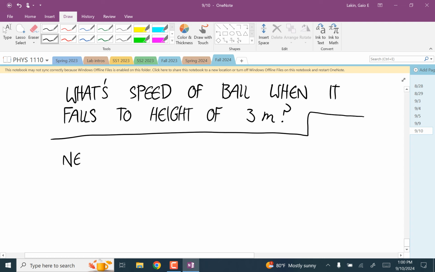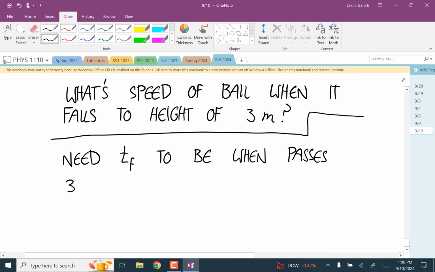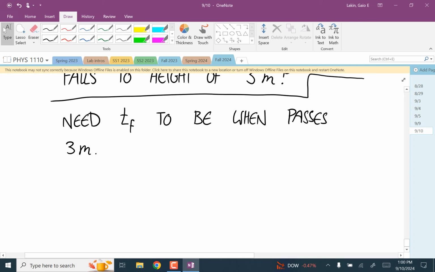So this time we need our time final to be when it passes a height of 3 meters on the way back down. Okay,